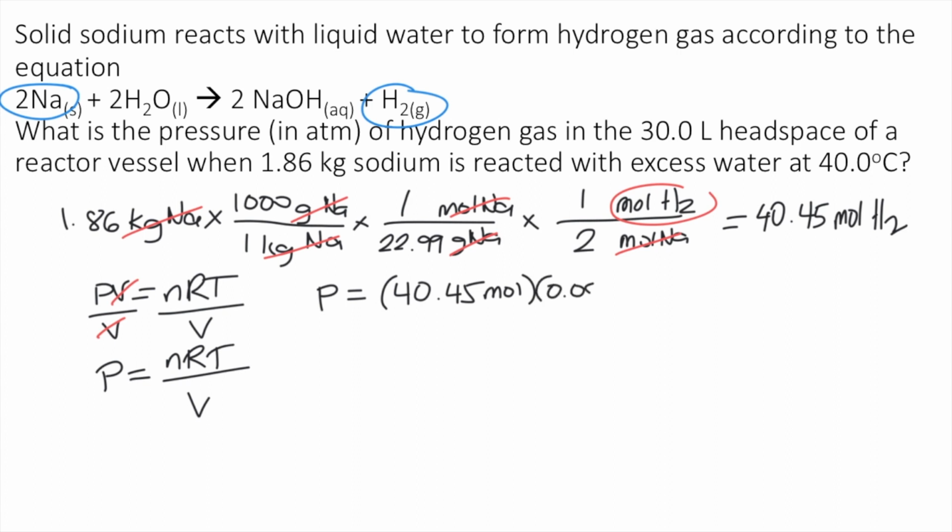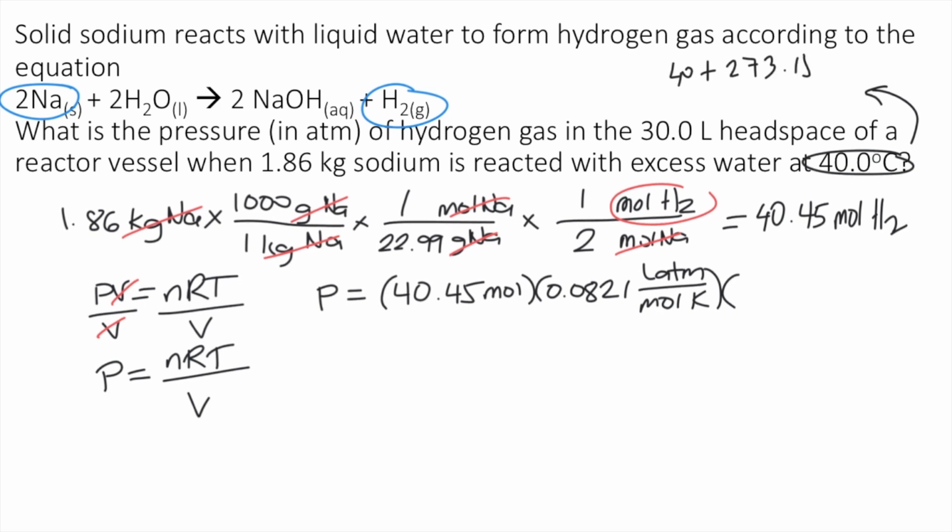That's 0.0821 liter atmosphere per mole Kelvin. So although it's not given in the problem, this is something you should memorize. For T, the given in the problem is 40 degrees Celsius. But if you remember, whenever you're using the ideal gas equation, your temperature must be in Kelvin. So we need to convert 40 degrees Celsius into Kelvin. So if you recall, if you want to convert Celsius to Kelvin, you simply add 273.15. So 40 plus 273.15,